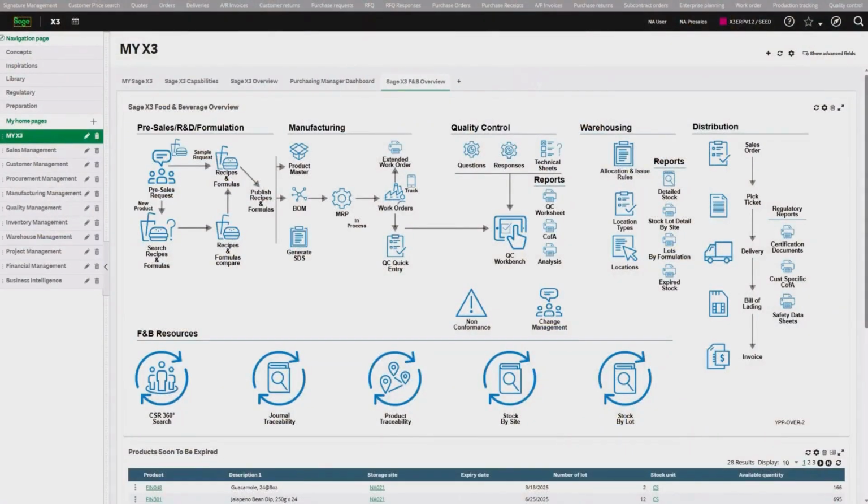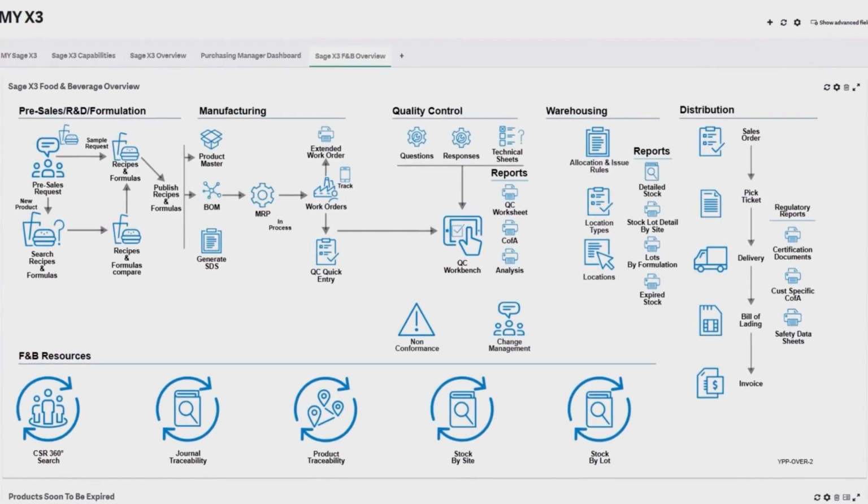Let's return to the F&B manufacturing overview map for one final look. From this single interactive view, the team was able to develop precise formulas and scale production efficiently, embed quality checks into every stage from receiving to delivery, maintain food safety and handling through warehouse management tools, enable real-time traceability across suppliers, inventory, and customers. When a recall event occurred, Sage X3's lot tracking and automated workflows provided full visibility and